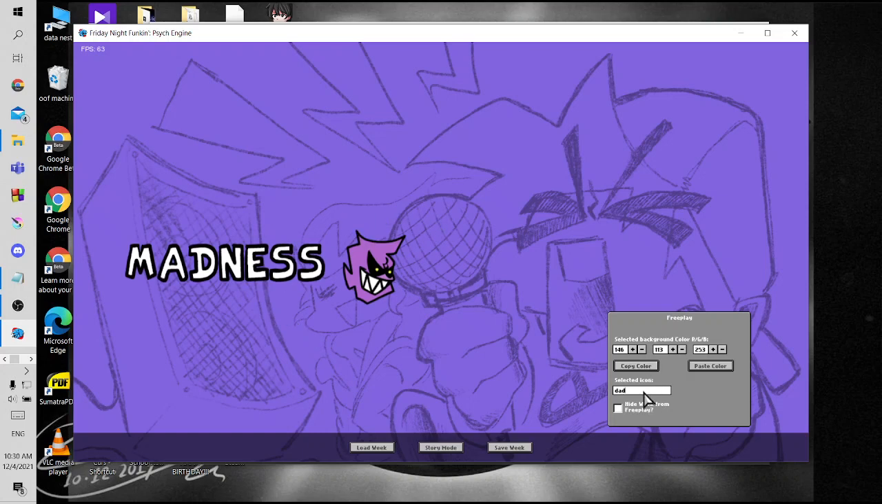You can select whatever icons you want. The icons that you use for the character that's singing the song do not affect the icons that are used in the free play menu. For example, I have the dad icon for Tricky, but I can use Sayori. There we go. And there's the Sayori icon. You can do, I don't know, Witty,